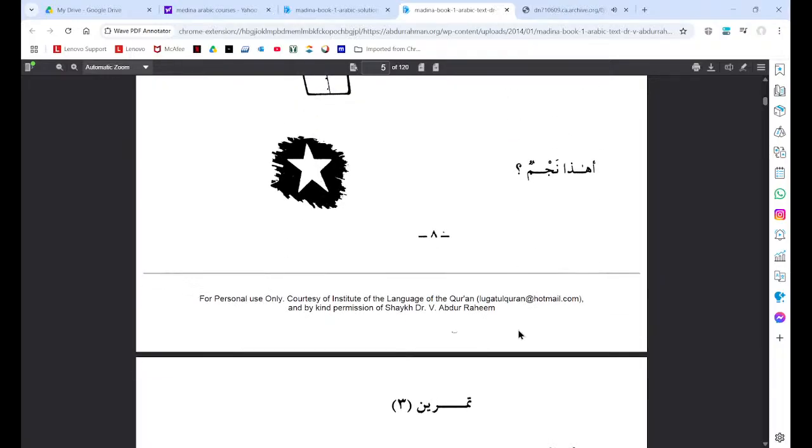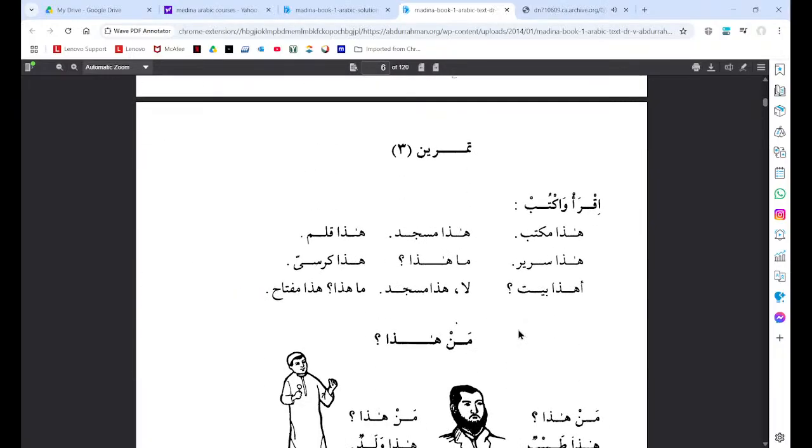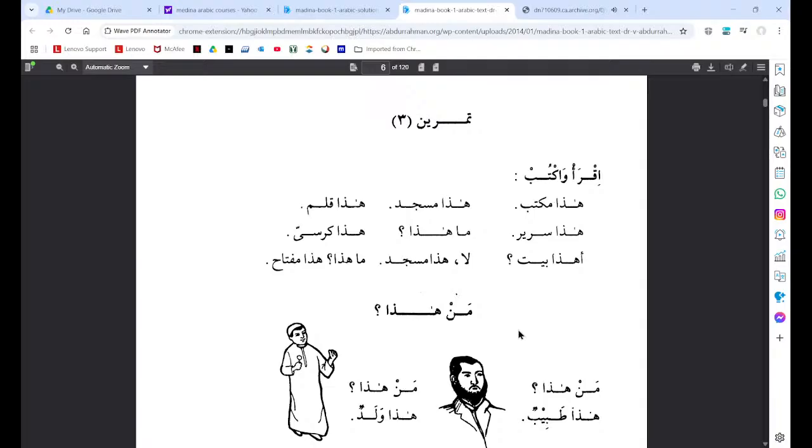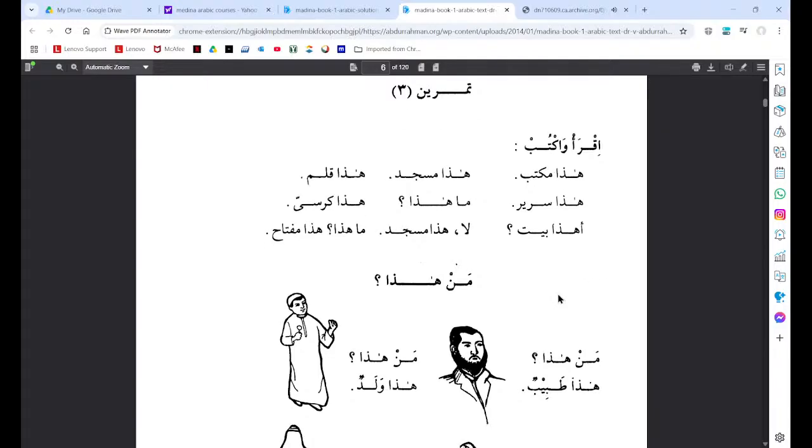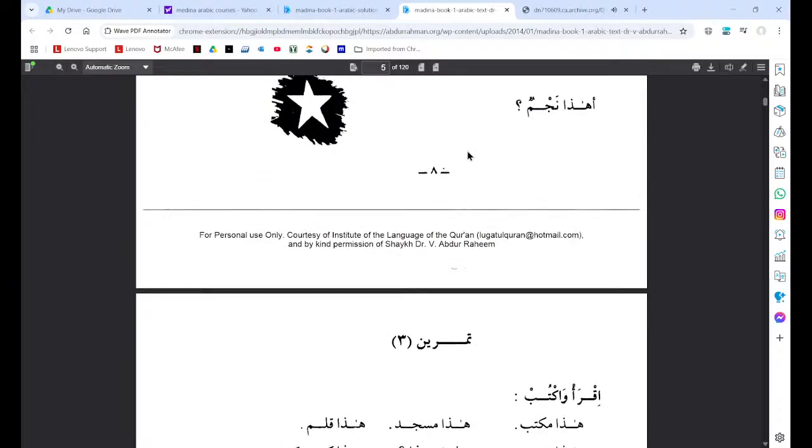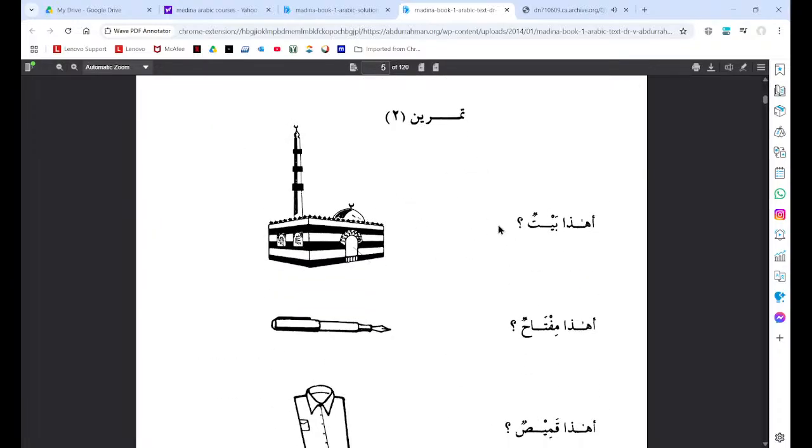Okay, it goes pretty quick. This first chapter, the lesson is inshallah a little bulky. There's a lot of vocabulary here. There's a lot going on, but it's very easy, inshallah. So here again, as I mentioned to you, do your best. They're not telling you here; these are just exercises for you.